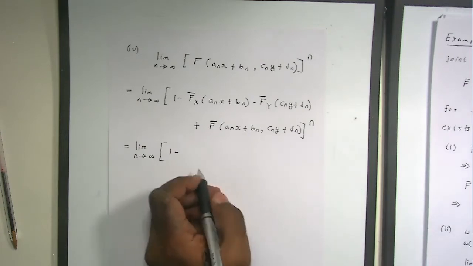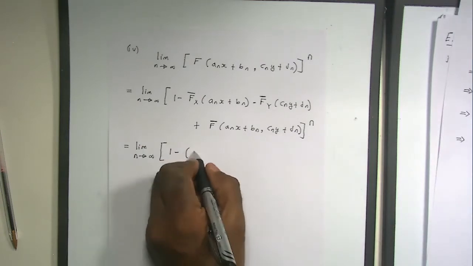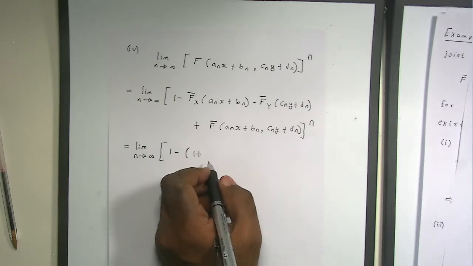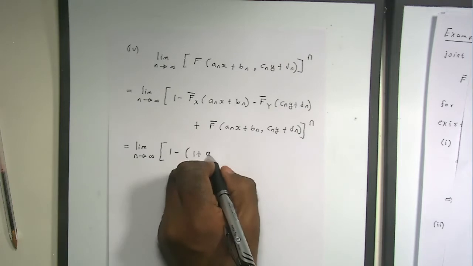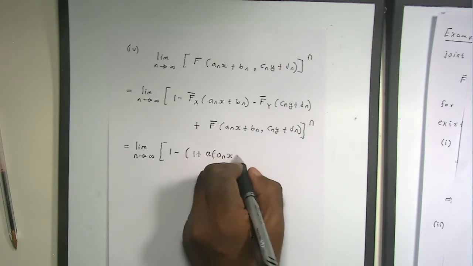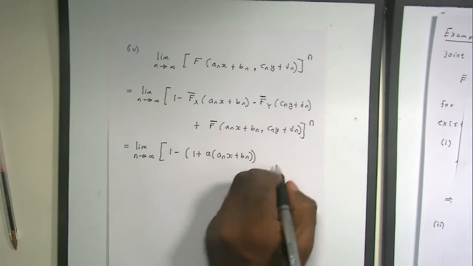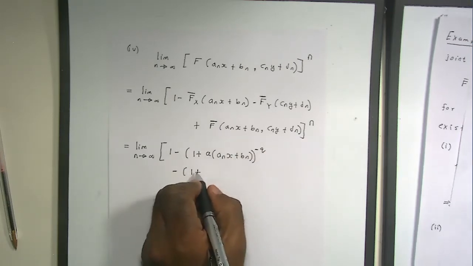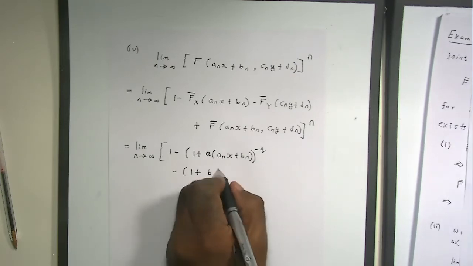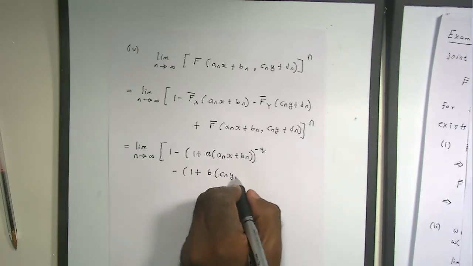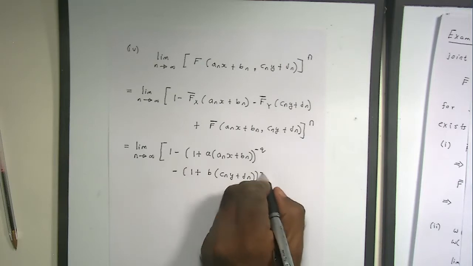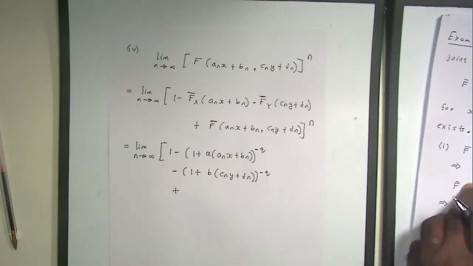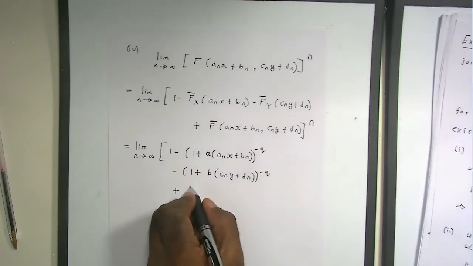So it's 1 plus a times nx plus bn, to the power minus q, 1 plus b times cn y plus dn, minus q, then plus F bar, we know this guy here, is 1 plus